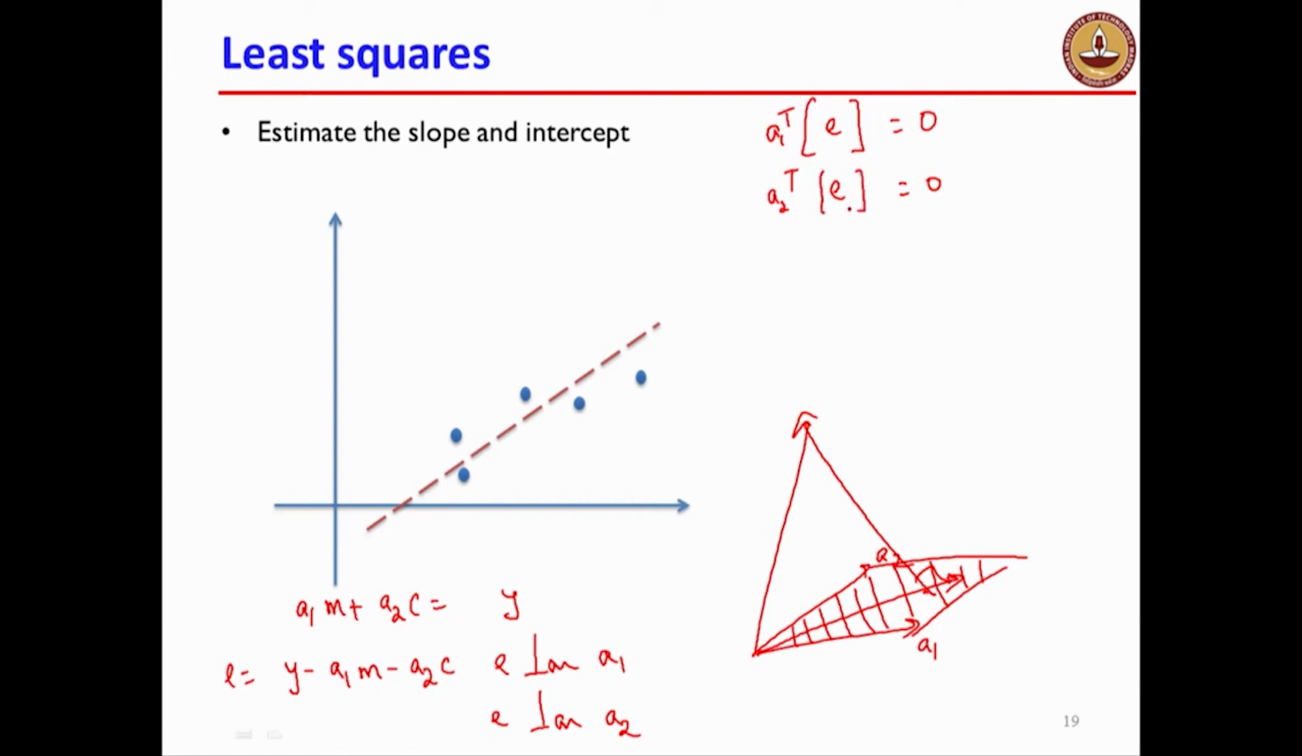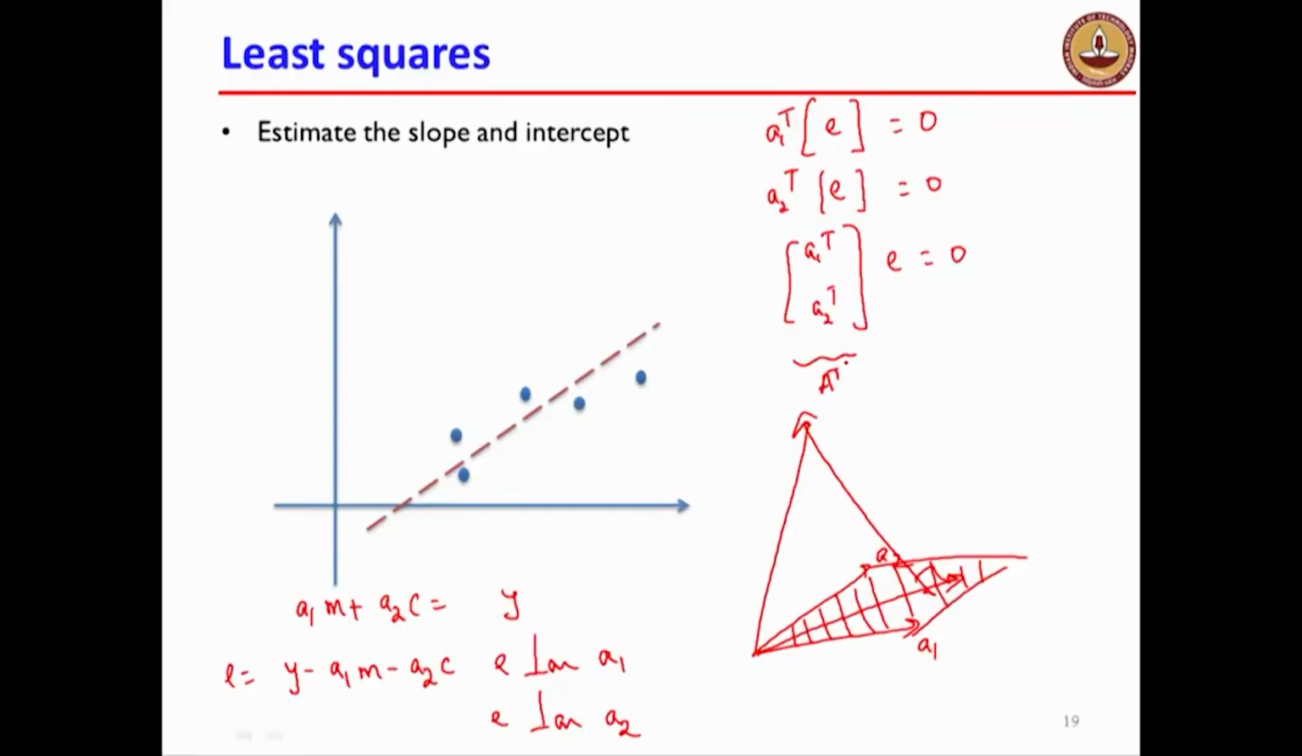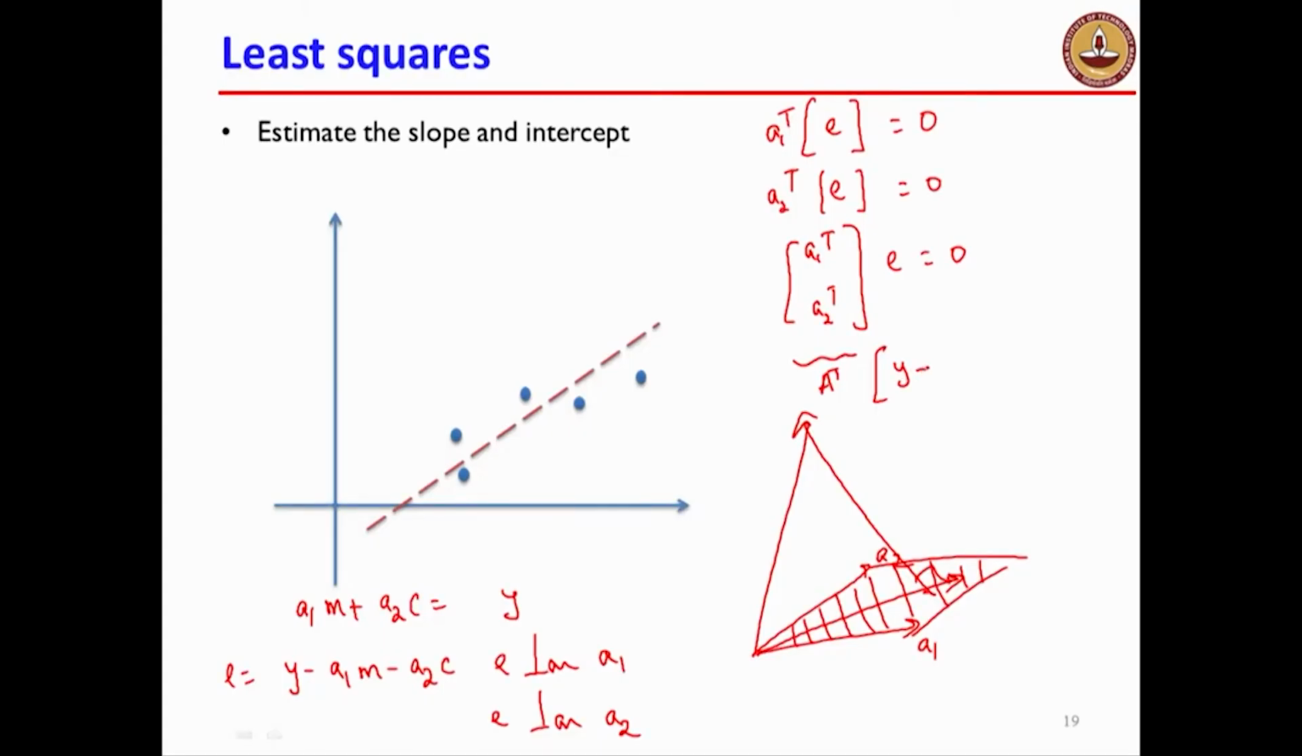So what do I get? What is error? I can take this and write it as A1 transpose, A2 transpose, E is equal to 0. I can do this because I am just concatenating the rows together as a matrix. And what is this matrix? A transpose, because A1 and A2 are forming the columns of A. So A1 transpose and A2 transpose, if I write it in a horizontal manner, I get the matrix A transpose. And what is E? E is Y minus